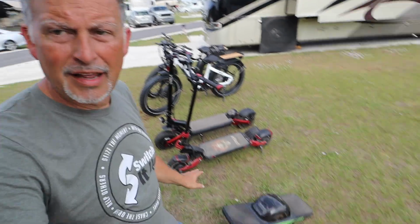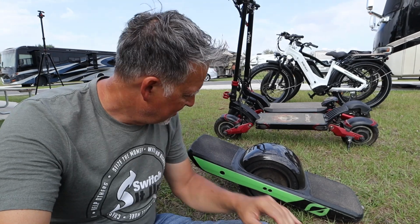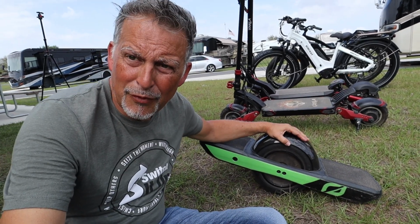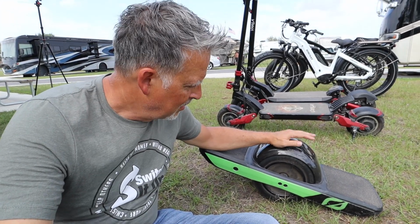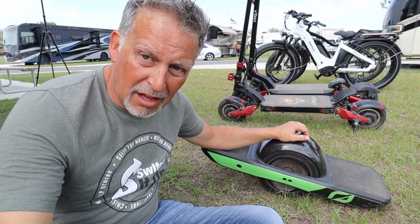Now, let's jump down here to my little friend, the Onewheel. This here, I don't know, I don't have a name for him yet. I could call him Junior maybe. This is the Onewheel GT. Now the Onewheel GT is a self-balancing